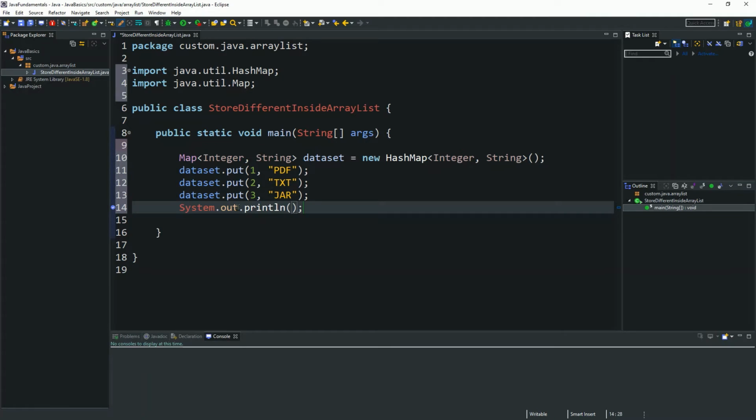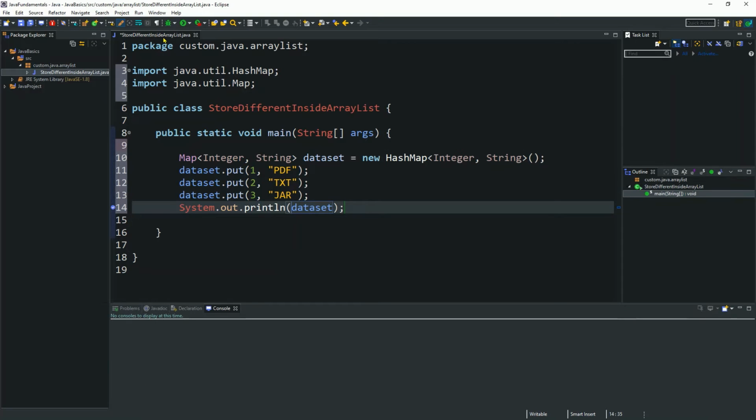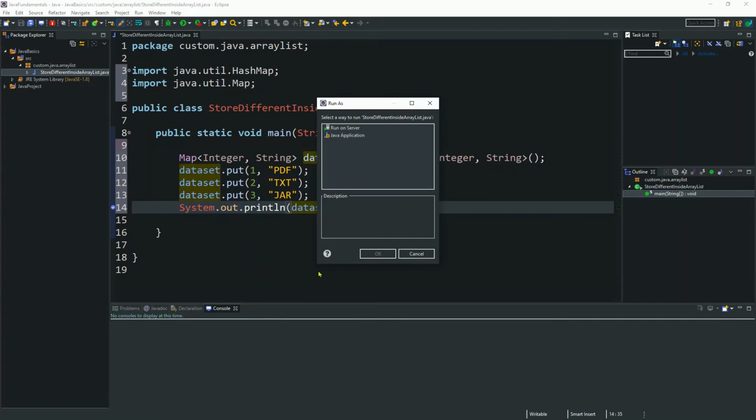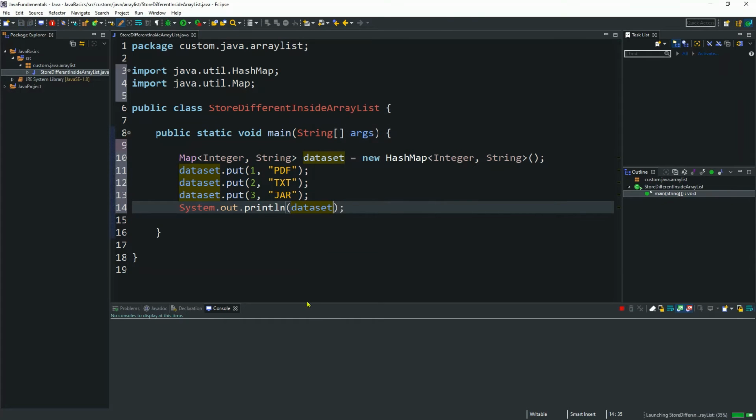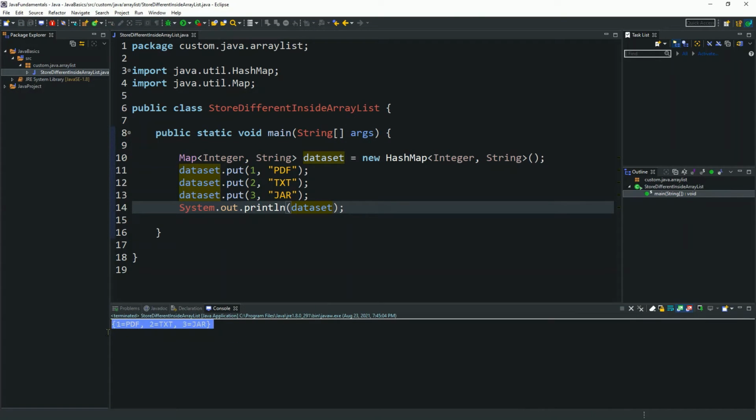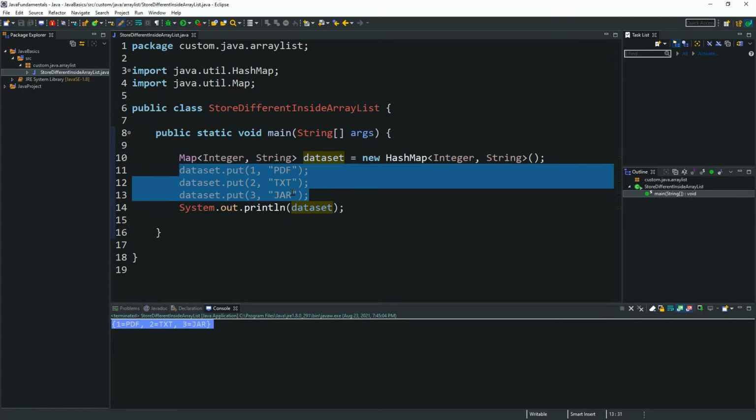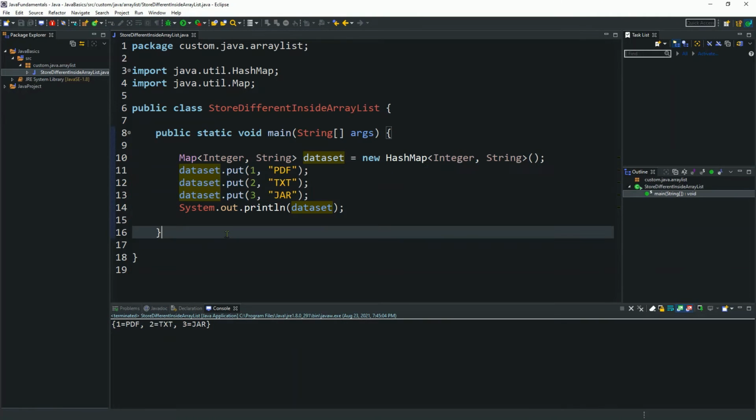So I'm just printing this map here. You will see what is happening in the print section. I am running it as a Java application. You will see all this output get printed here. The first map is ready, and it is showing all the values.